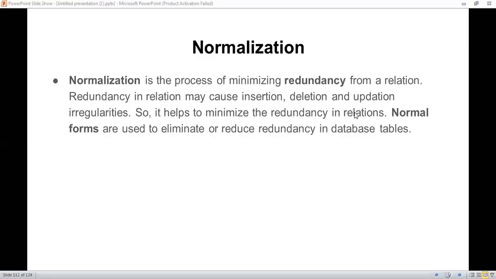So when we store data in a tabular format, there might be chances that the table correlates with different tables. In that particular table, one or more columns that act as the primary key, candidate key, super key, foreign key might be repeated over there. That means data is repeated.